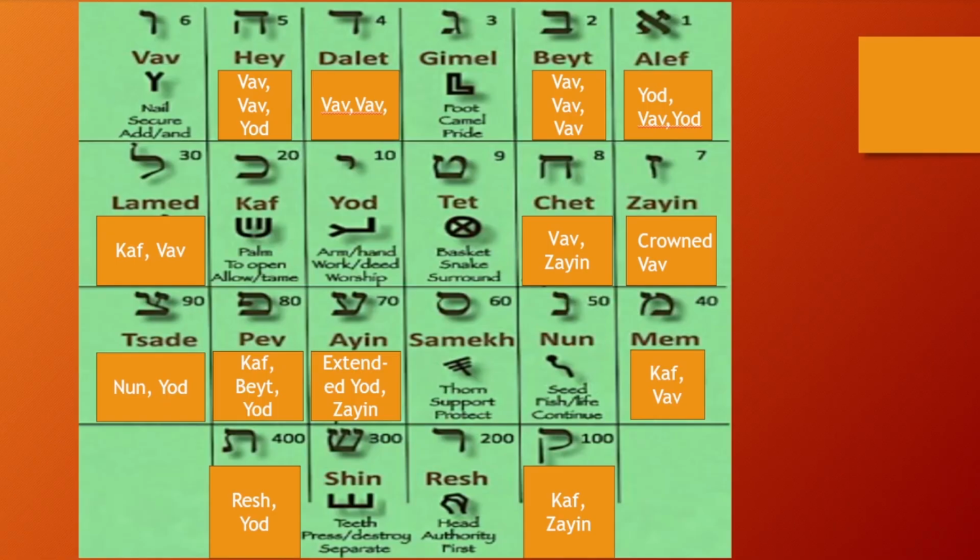Then you get Chet, number 8. So Chet is a vav zayin. That simply means that you have again a zayin, but it is connecting. It is just penetrating. Let me leave it there. I'm not going to spend so much time to explain all of them. As we go, I will speak more deeply.